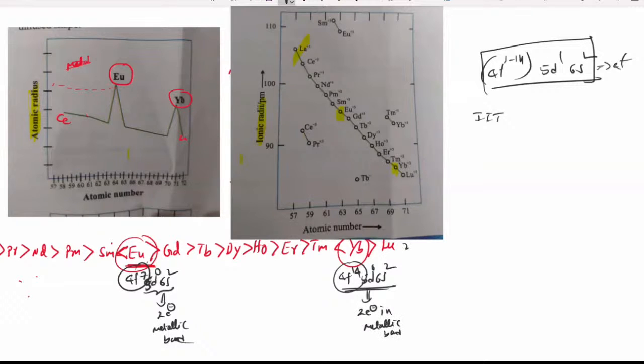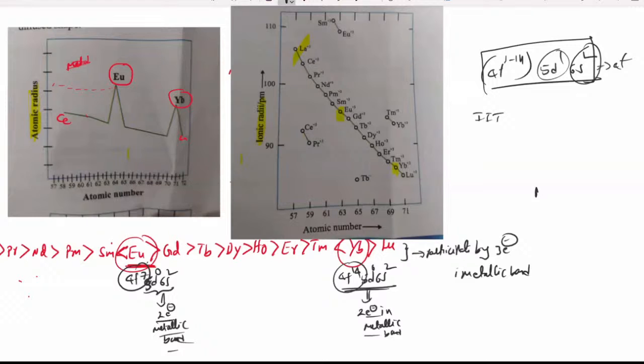But the remaining elements participate by 3 electrons in the metallic bond. Sir, if they participate 3 electrons or 2 electrons in the metallic bond, does the radius change? Absolutely the radius changes, sir. Why, sir? If 3 electrons participate, the bond is strong. Automatically the atoms come closer. If they come closer, the length, the radius, decreases. If they participate 2 electrons in metallic bonding, as that